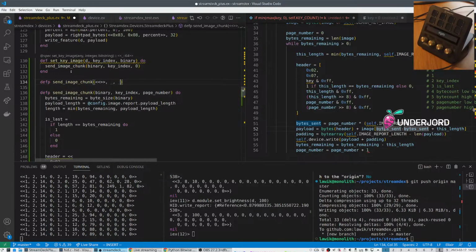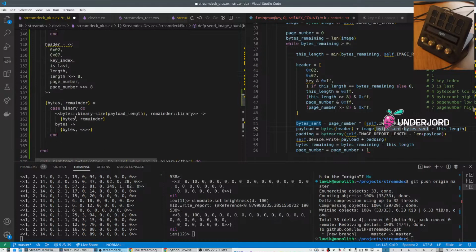We don't care about the key index, we don't care about that. But here we are grabbing that. They are stitching together the